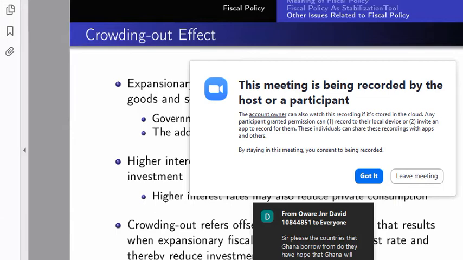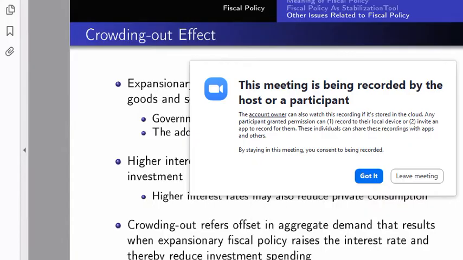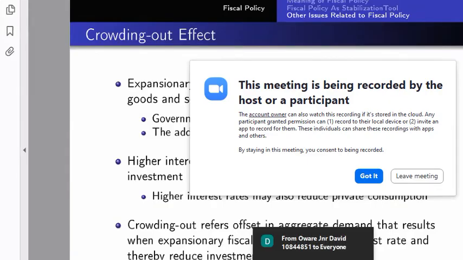So how is interest rate related to investment spending? Interest rate is just the cost of doing business. If it's high, people don't commit a lot more into doing business, because they won't get the funds. So investment is always negatively related to interest rates. There's always a negative relationship between investment and interest rate. All right. Any other question?